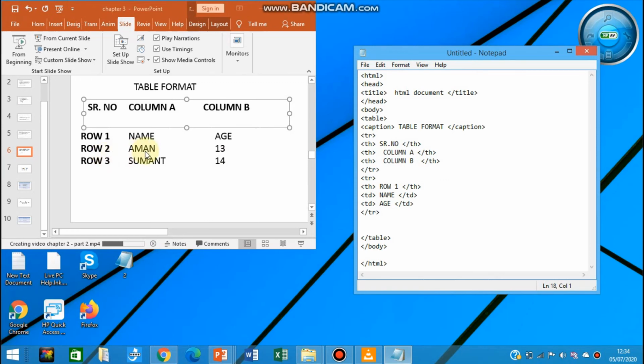Aman is the table data, not the heading of that column or row, so for that you will use the TD tag again, and 13 is also table data, so you will use the TD tag again. In short, you will use the same tags that you used for the second row. So let me just copy paste this.